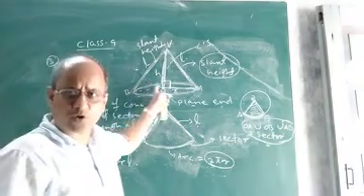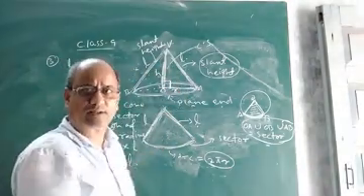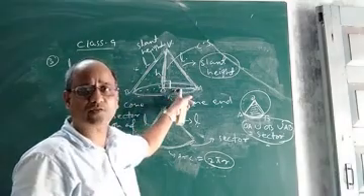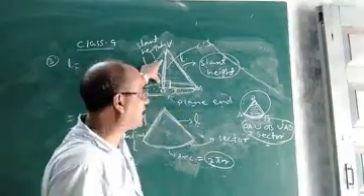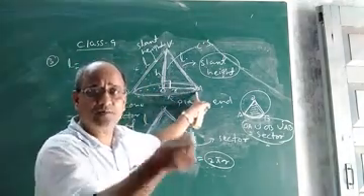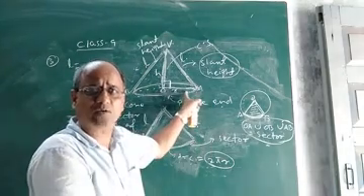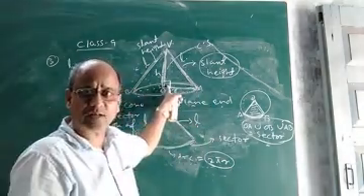Yes, one more thing I forgot to say. This cone is known as a right circular cone. Like the right circular cylinder we read, similarly this cone is called a right circular cone. Why is it called a right circular cone? Because the height or the axis of the cone is perpendicular to the base. So if the height or axis of the cone is perpendicular to the base, that means it makes 90 degrees. Then only it is called a right circular cone.